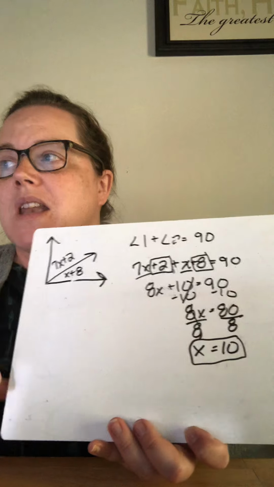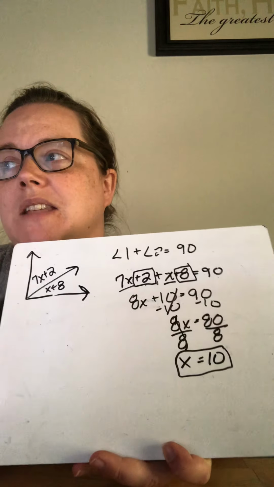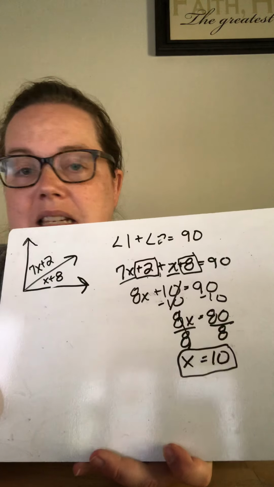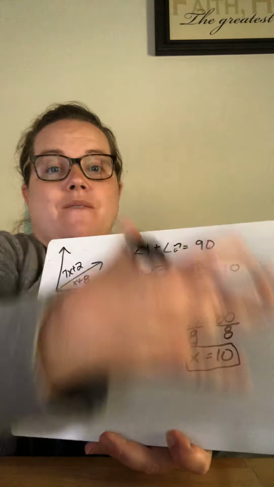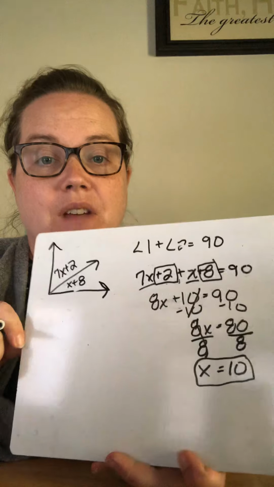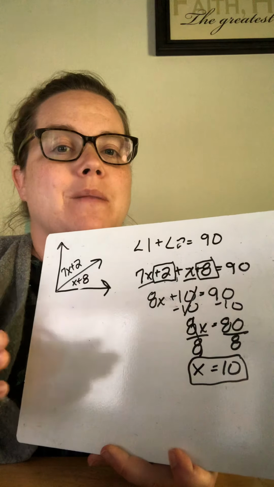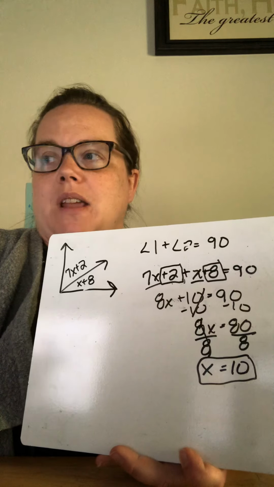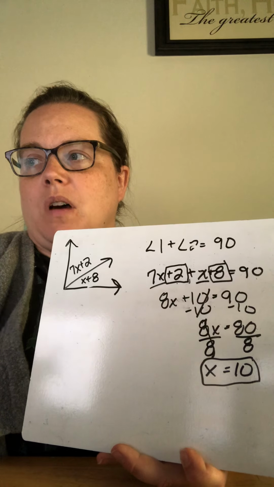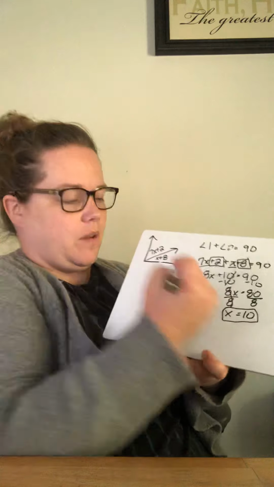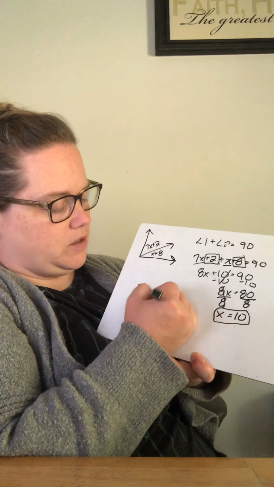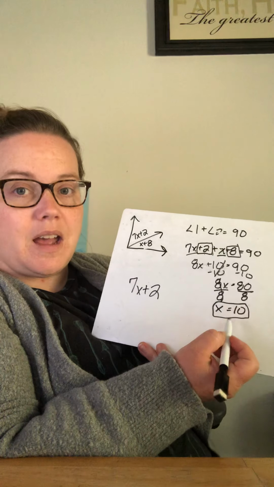Now, if you look at the next question, number 10, it says ABC is a right angle. Find the measure of ABD. So what I'm going to do is I'm going to go through and find the value of x. Then once I'm done, say I wanted to go back to number 9, say I wanted to find the value of ABD on that one. And on number 9, it's 7x plus 2. Well, I'm just going to take the x that I found,